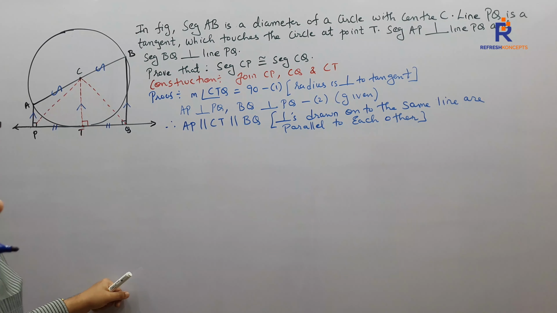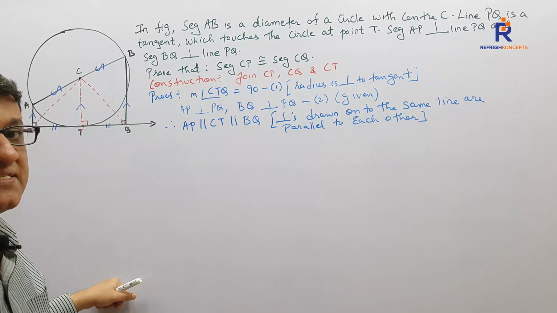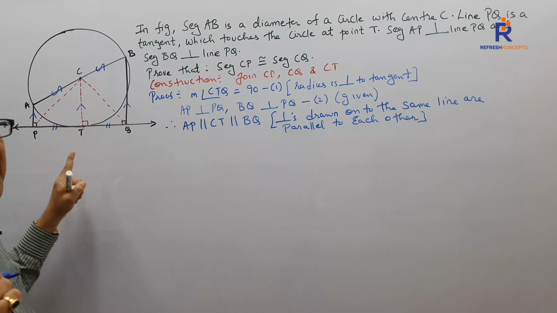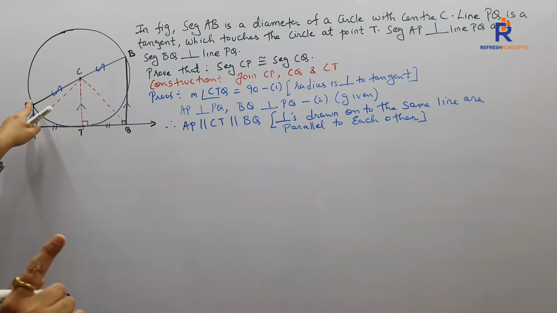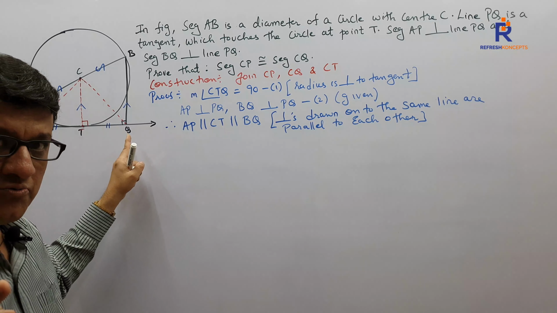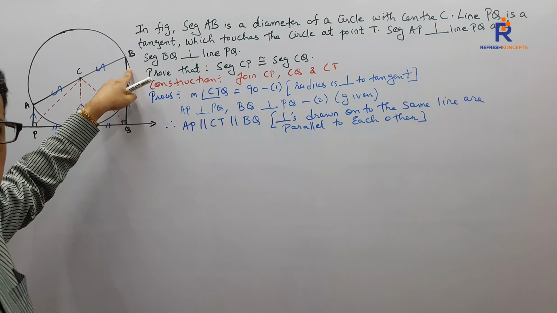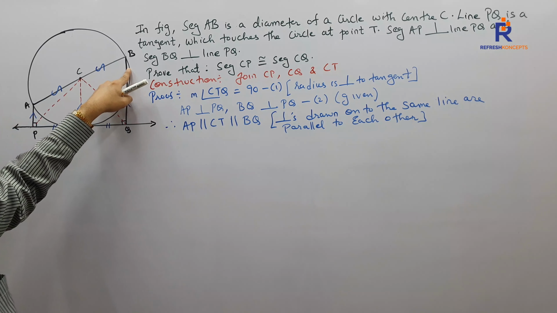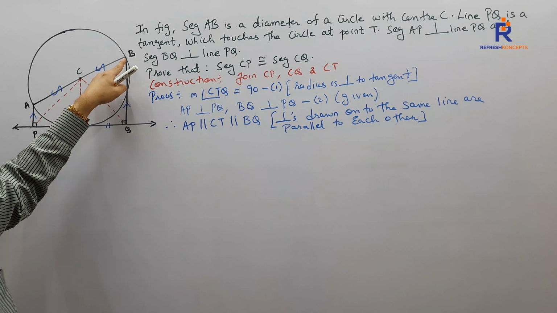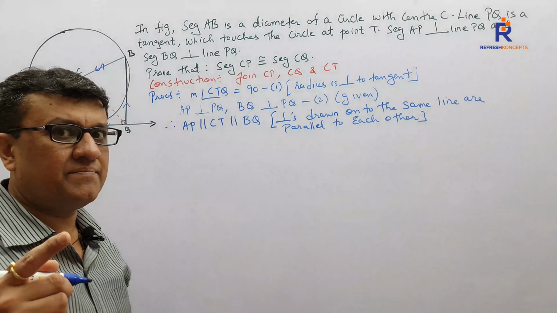Now I modify the property which I just now said. Couple of seconds back, what I said: by the property of intercepts made by three parallel lines, AC by CB is equal to PT by TQ. But now, when we know that CA is congruent to CB, by the way, why are they congruent? Radii of the same circle. So when I know CA is congruent to CB, is PT congruent to TQ? So what is that property termed as?